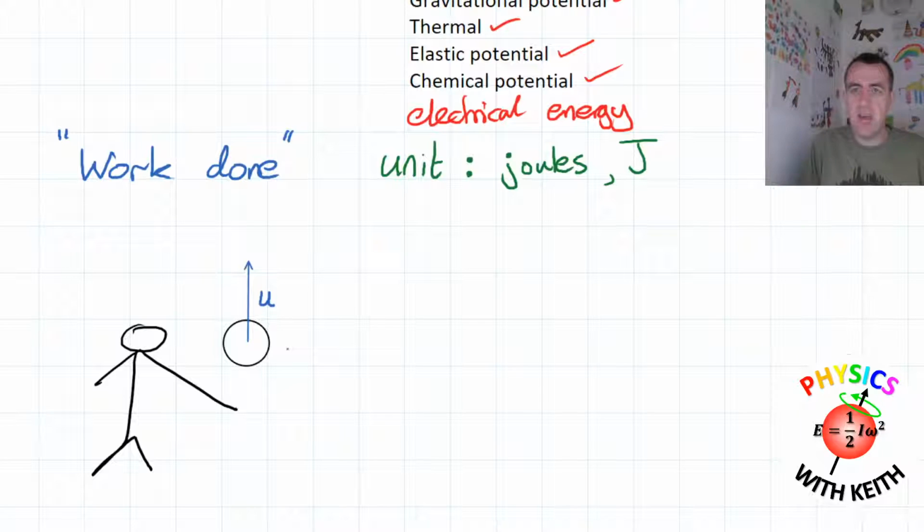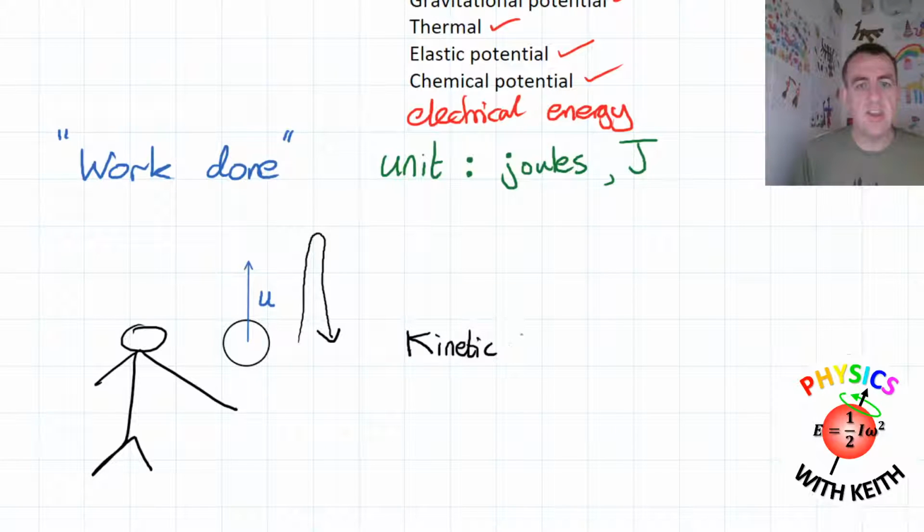I'm not interested in it because I'm going to throw the ball, it's going to go up in the air, then it's going to come back down again to the same height. So I'm not really changing the total amount of gravitational potential energy there. So the main energy here while it's moving is kinetic energy. So we could write down kinetic energy. And actually this raises an interesting question.